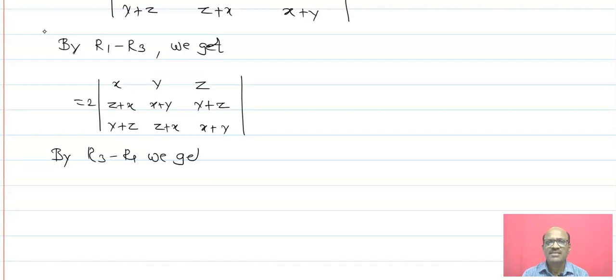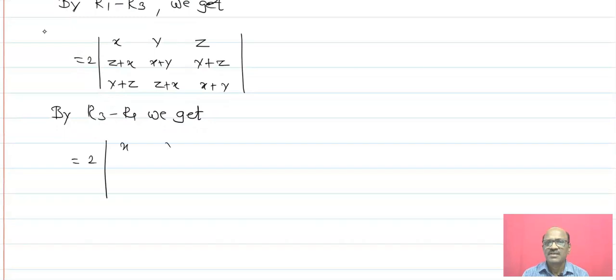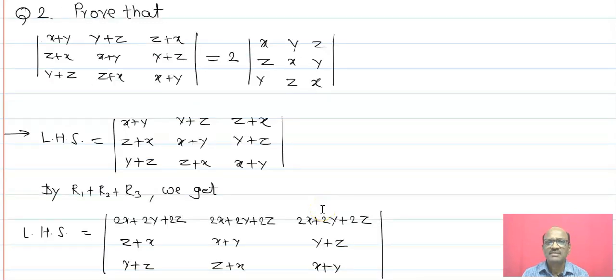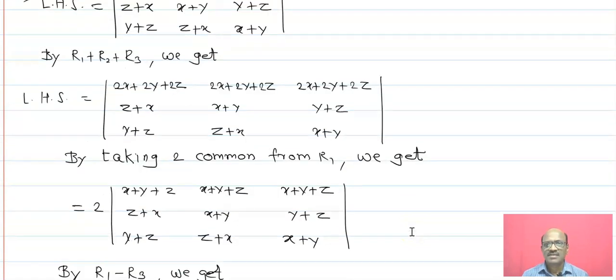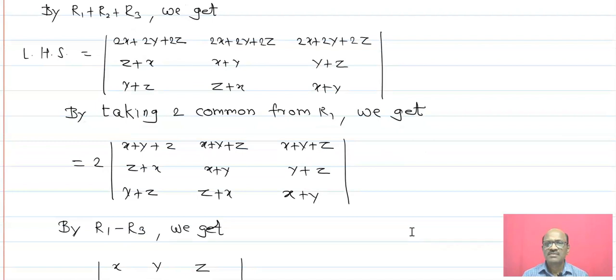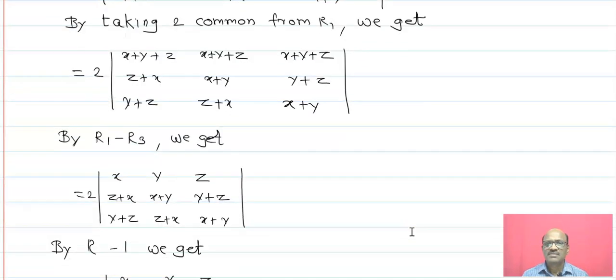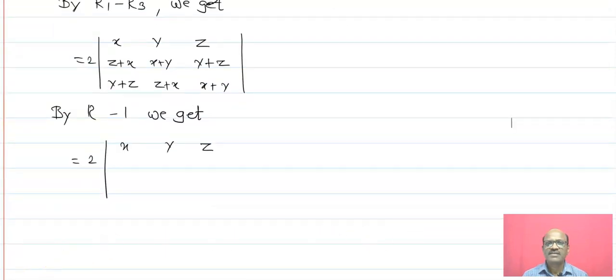Now R3 minus R1, R3 minus R1, see this, again this is repeated here. R3 minus R1, therefore we are getting